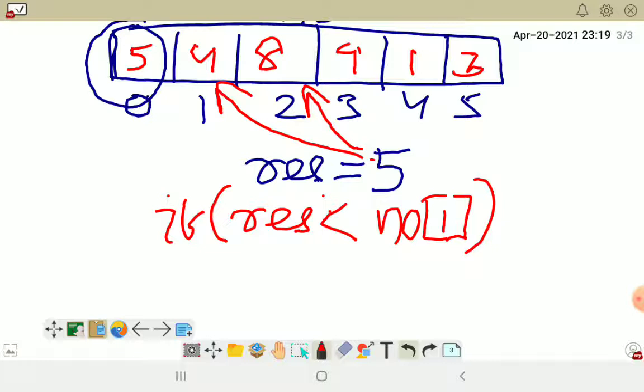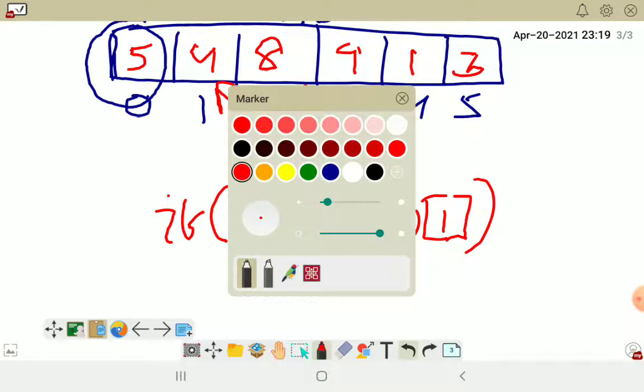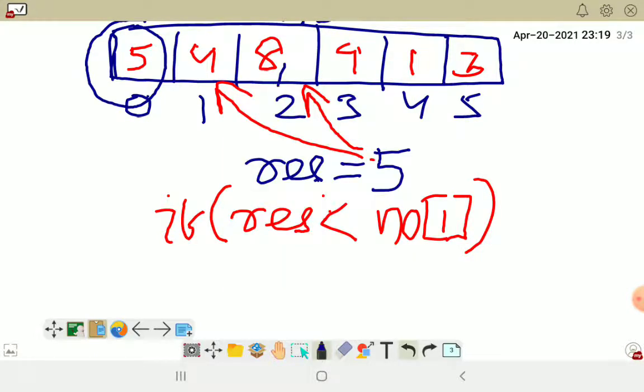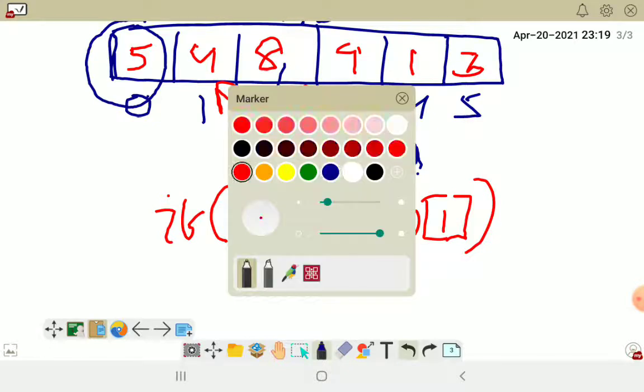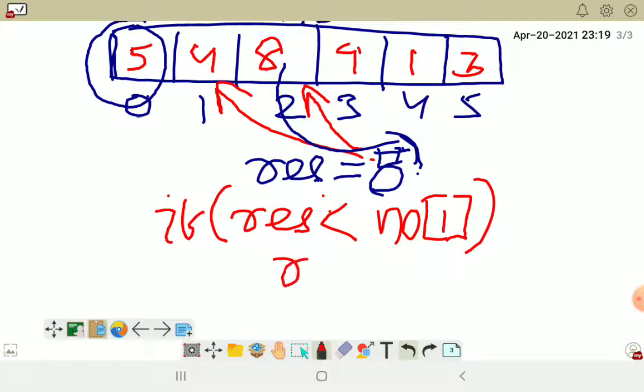So if it is yes, what will happen? Now this number 8 will come to this place, so result will become 8. How can it be written in C++? Result equal to no of i.